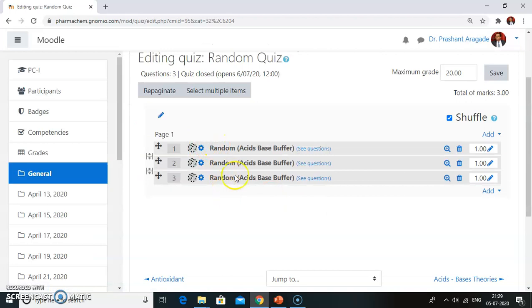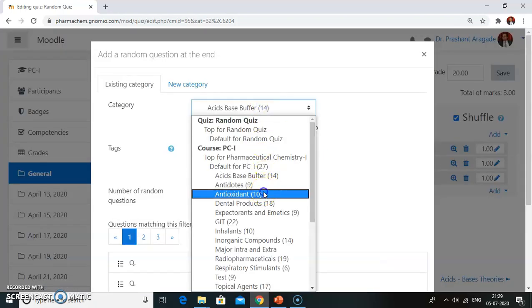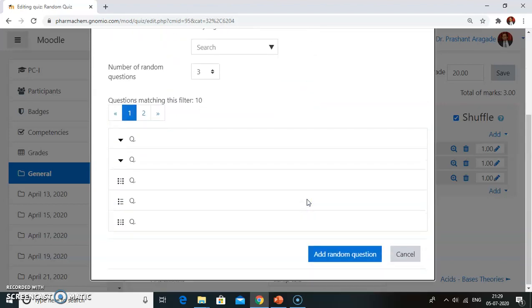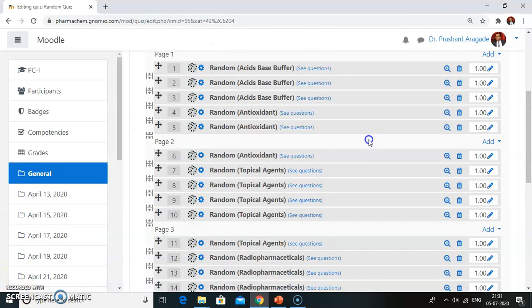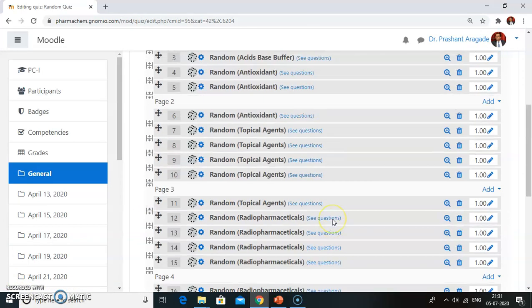Here 3 questions are randomly added from the category acids and bases. Likewise, you can add different questions from different categories by selecting the category, then selecting how many questions you want to add, and just click on random question. So similarly, you can add more questions. I have added 20 questions.